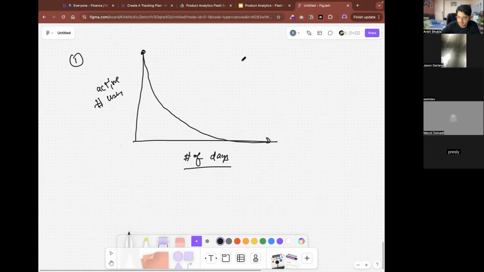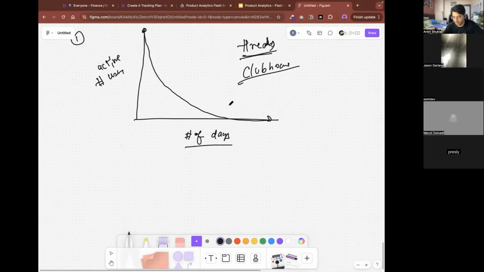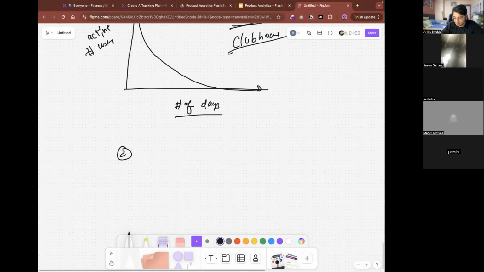Yes, very good. Threads is a very good example. They were the most popular product on day one, and then it died down. Similarly, another example is this app called Clubhouse. Right, very good. Now there are more products. There are other products where what happens is that